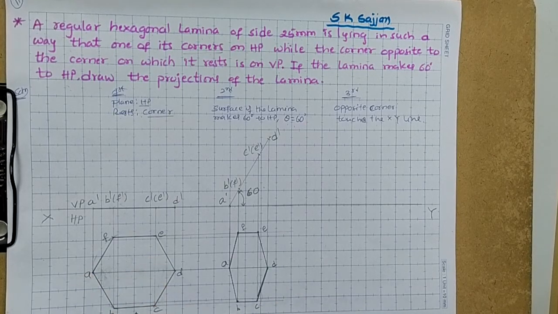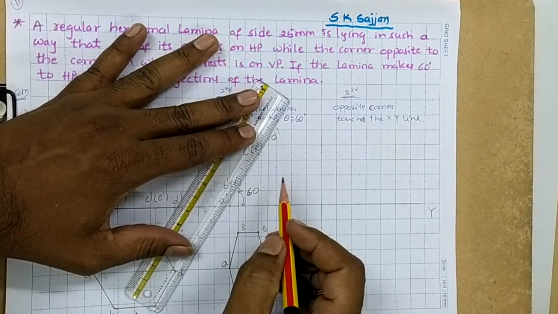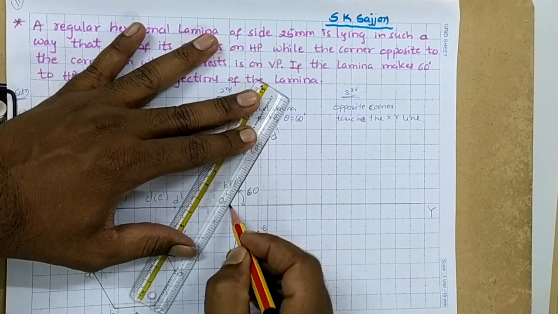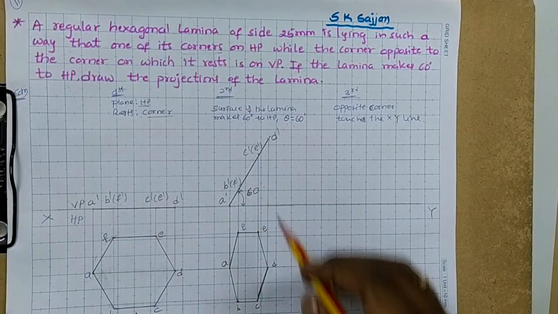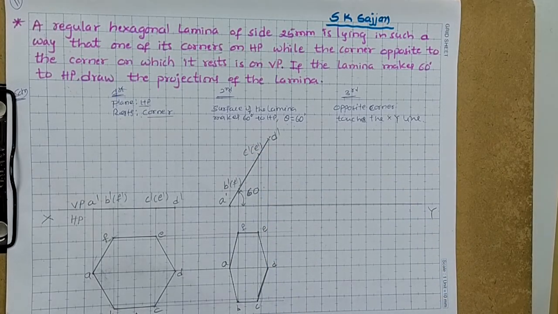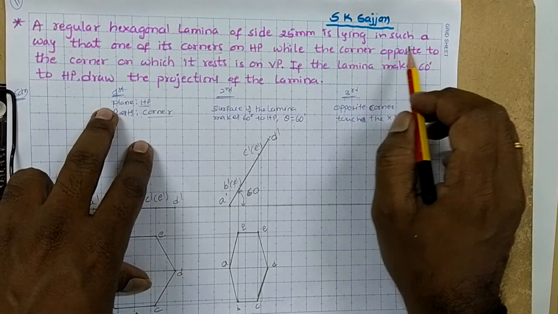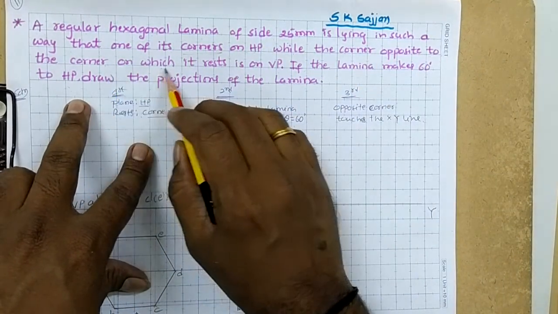See, this is the top view, and I want to make it dark, this front view. This is the front view. Okay, these are the second set of views. Okay, for the third position, the details are: the corner opposite to the corner on which it rests